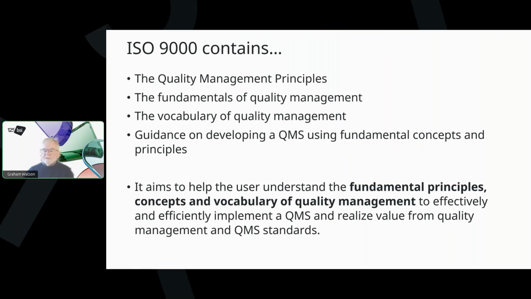There have been changes to the structure and the content, which has been revised. For instance, the order of the clauses has been revised to align with ISO requirements, so the structure of the document will look slightly different to those of you who are familiar with its previous version. It is important to note, however, that ISO 9000 does not set requirements for a quality management system. Those requirements are contained in ISO 9001 and other requirement standards. Next, please.